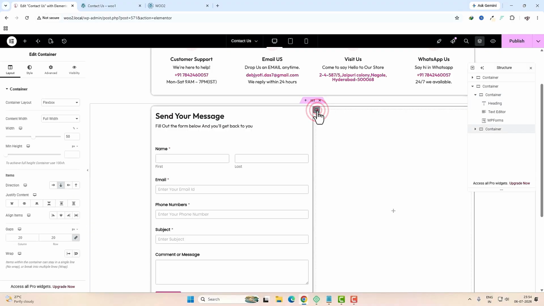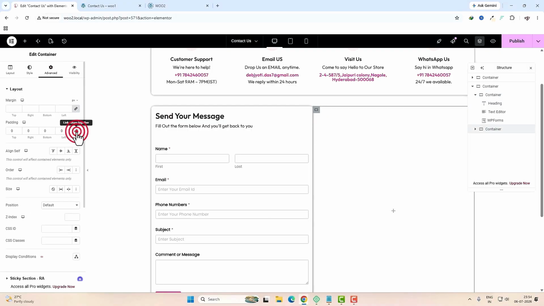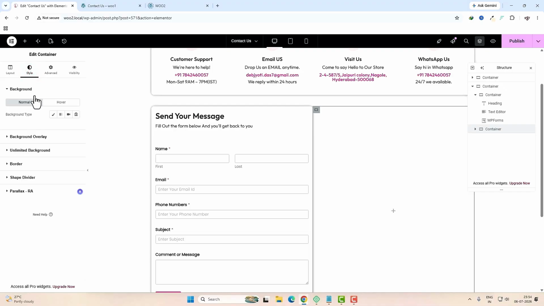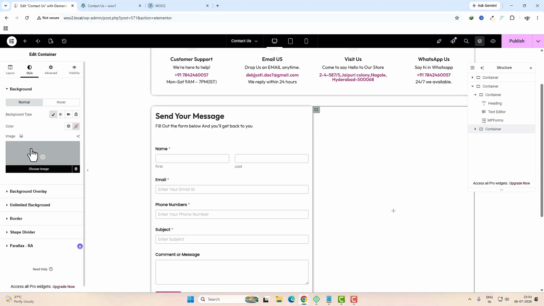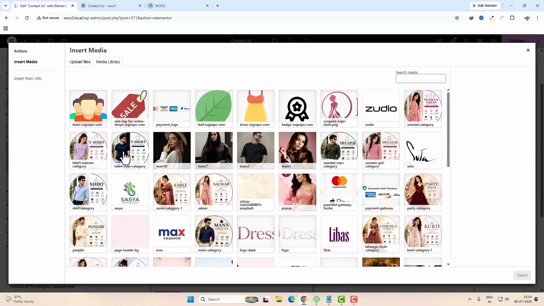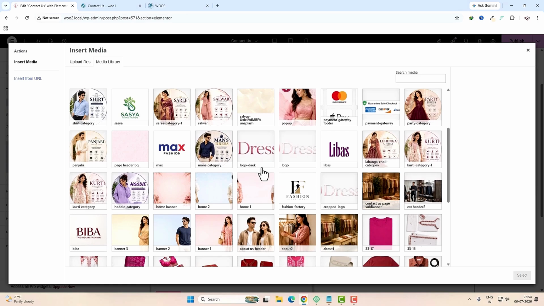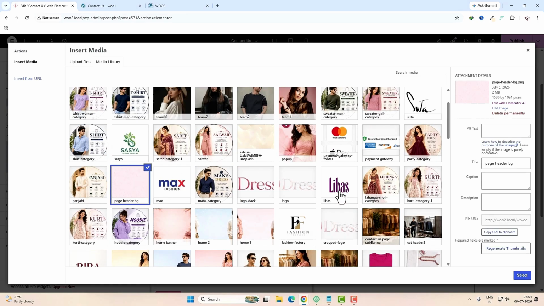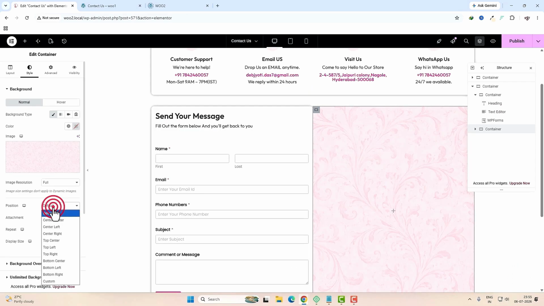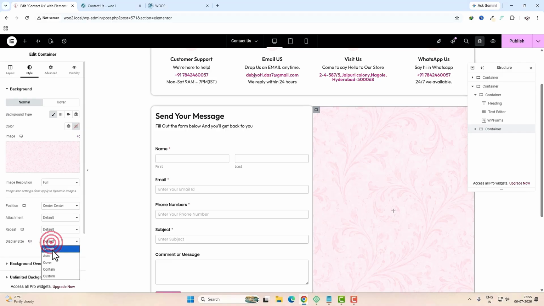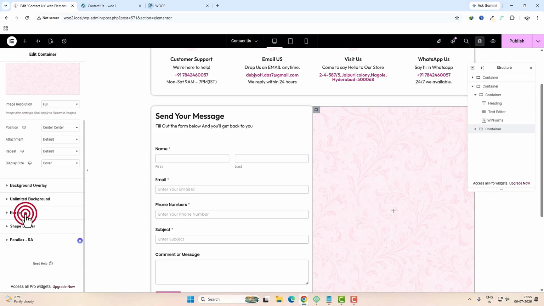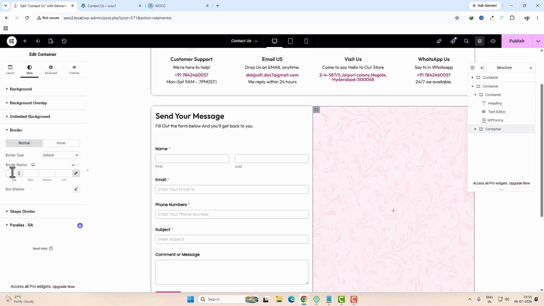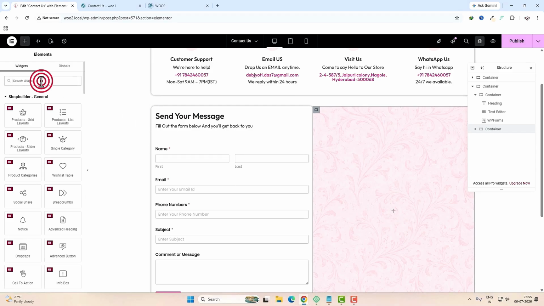Now for this one also, click in this, come back to the advanced option, padding from all side, make it 0. Come back to the style option, click in this, and here actually I need a background image from the media library. Suppose I am taking this image, click in the select, position will be center, display size will be cover, and here also come to the border radius I am taking 10 pixel, click in this plus option, and here actually I need an image,